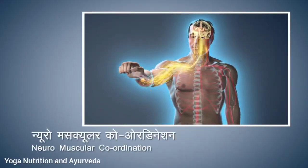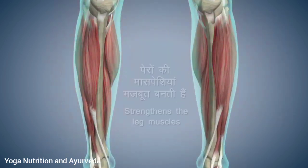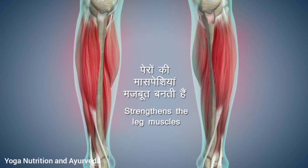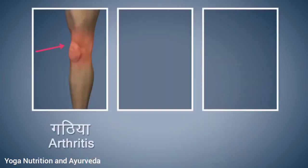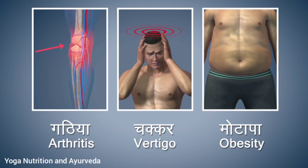Vrikshasana also improves your neuromuscular coordination. This asana also strengthens the muscles of the legs. People suffering from arthritis, vertigo, or obesity should refrain from doing this asana. Breathe out slowly after remaining in Vrikshasana pose for about 10 to 30 seconds, and then bring your arms down